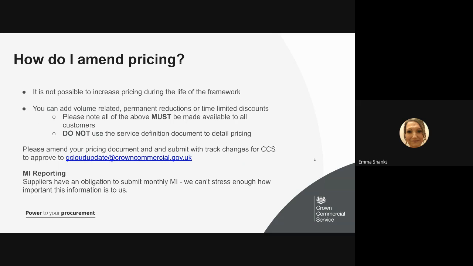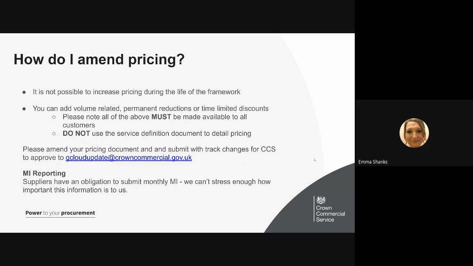And we will update their service offering very, very quickly. I've included the email address that they need to write to us on. But what mustn't happen is a supplier cannot offer you as a buyer individual discounts. It does have to be available to all. It must be published on the